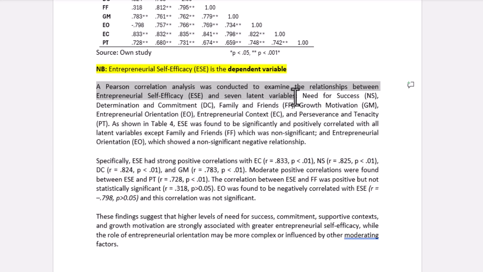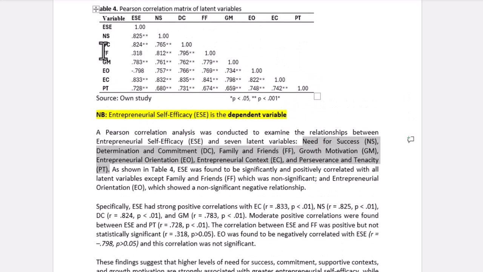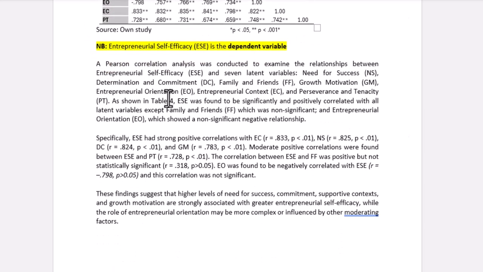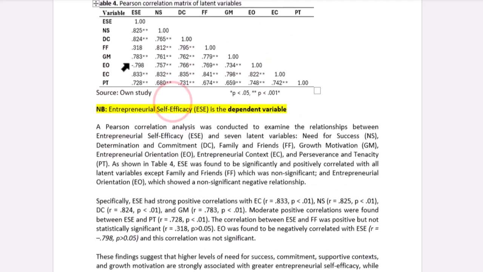The 7 latent variables are all the rest, from NS up to PT. Then we continue and say, as shown in Table 4, so let's assume this is Table 4,